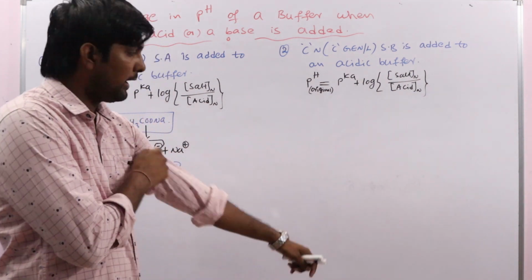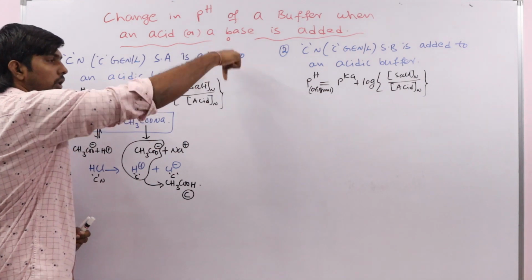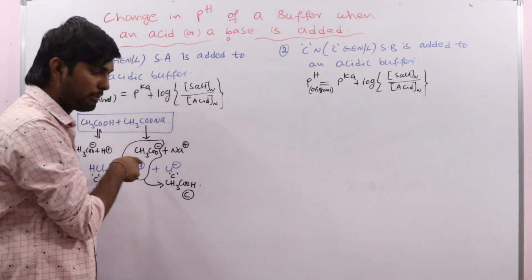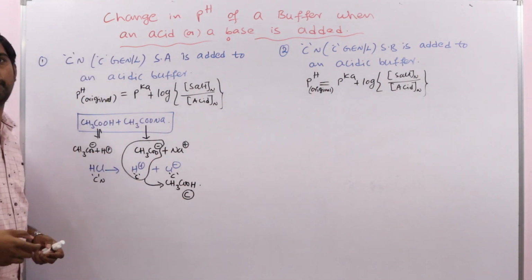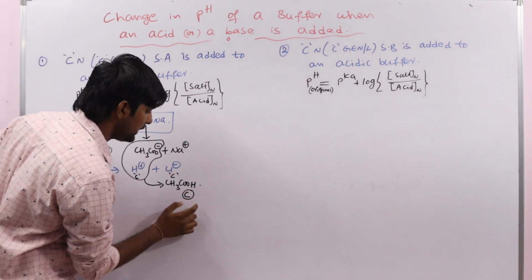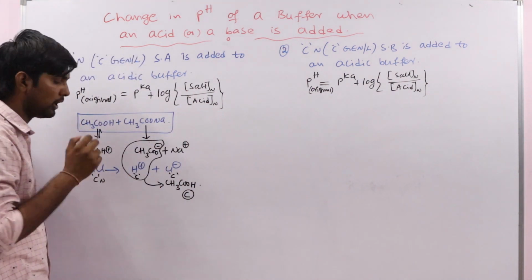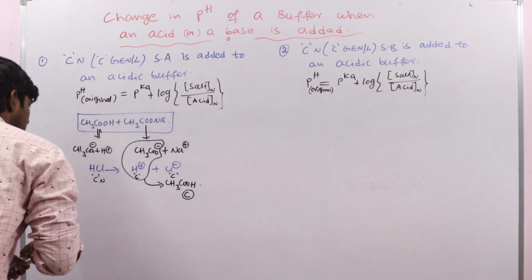Because the anion from the salt reacts with the H plus ion, salt concentration decreases and acetic acid is formed. So already we have some acid here. In addition to that, again some acid is formed. So how much is formed? C normal of acid is formed, because we are taking here C normal of H plus. So now therefore we can write here that